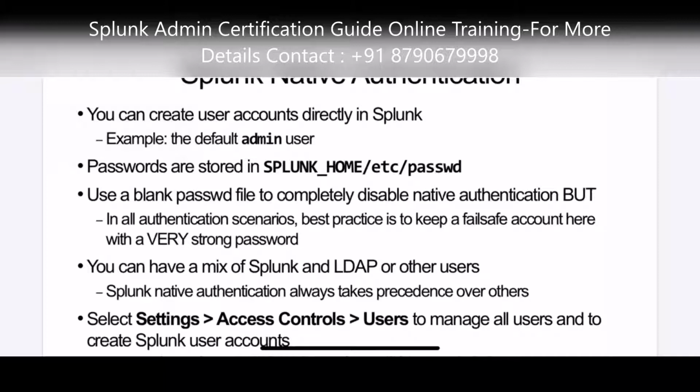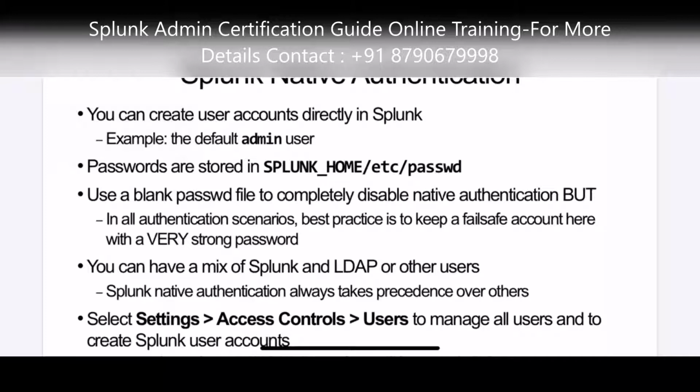For example, we can log in to Splunk with our own credentials. But when you are trying to reboot a server, it will ask for a user ID and password.